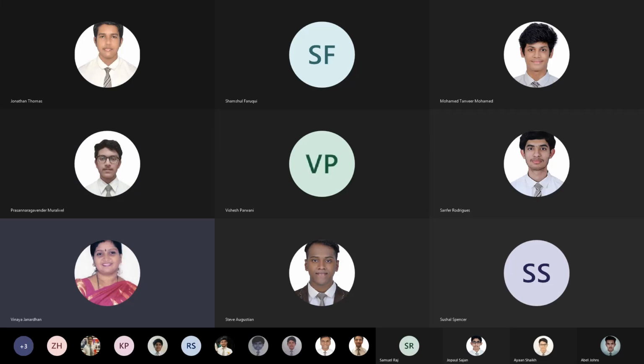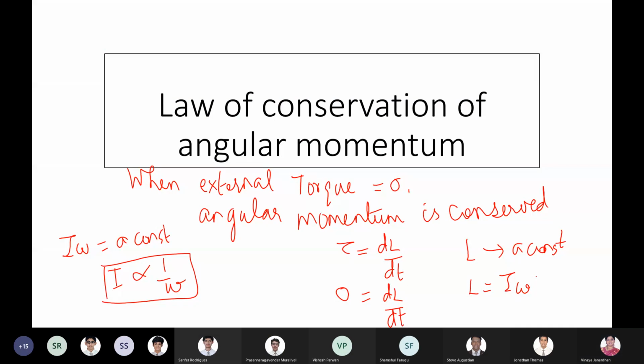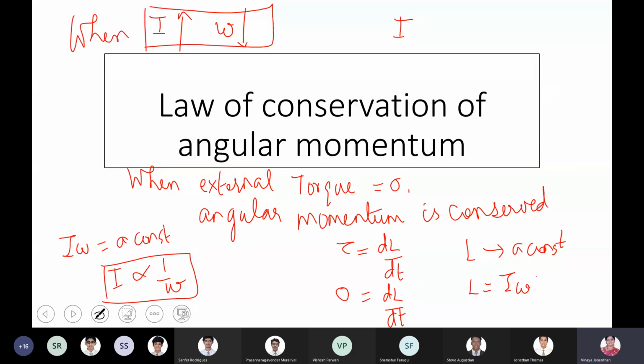So that is a key point: you should know that when moment of inertia is going to increase, the angular speed will decrease, right? Now, what is moment of inertia? It is mass into,